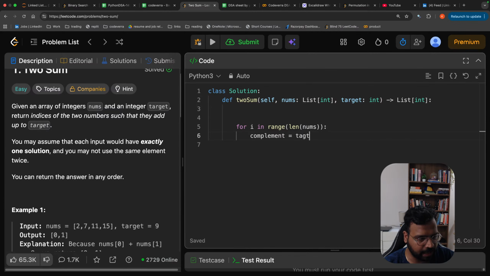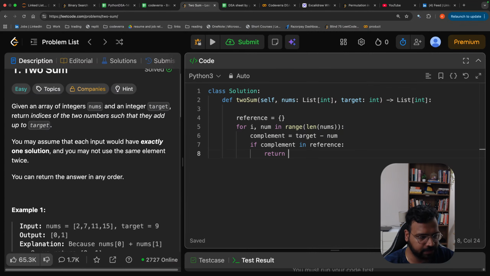Complement is target minus nums of i, or you can use enumerate here, and say complement is target minus num. And I will say if the complement is in my reference. So I will keep one reference here. Reference is going to be my empty dictionary. If complement in reference,